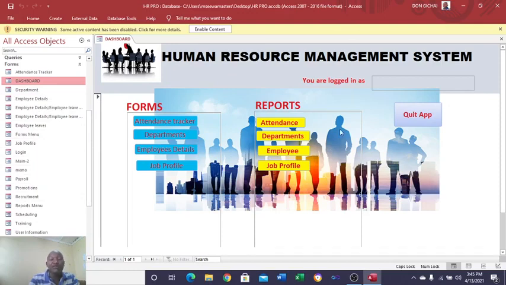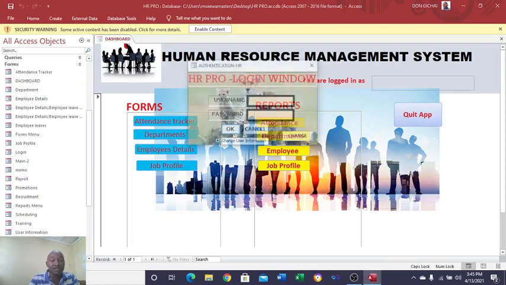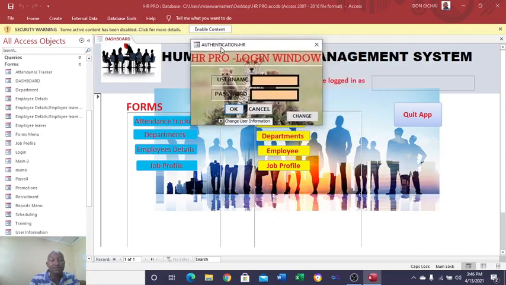Also, we have referenced the splash form. We also reference the user login screen. You can also go through my previous videos on how to accomplish the two tasks, so that you can come up with a complete human resource management system